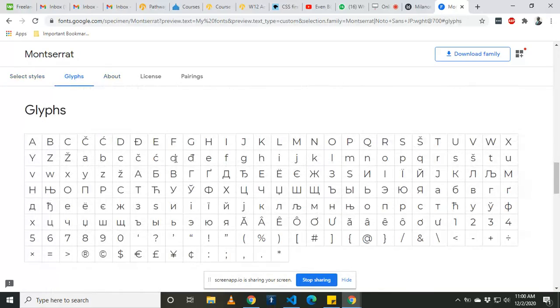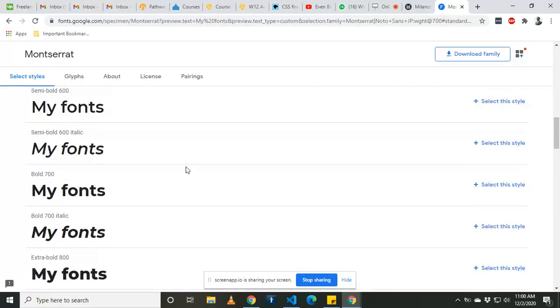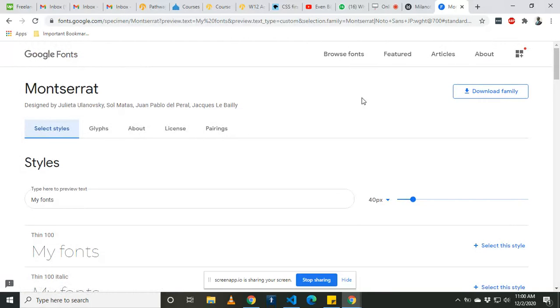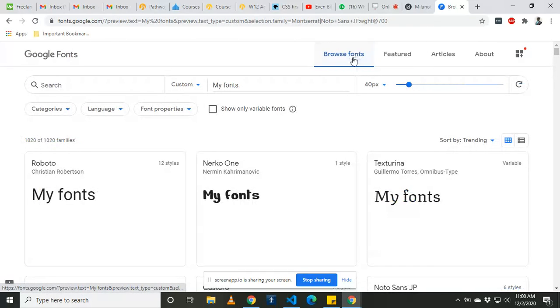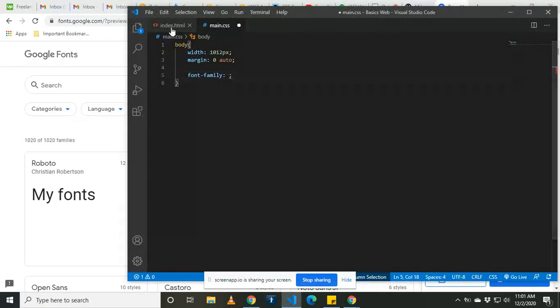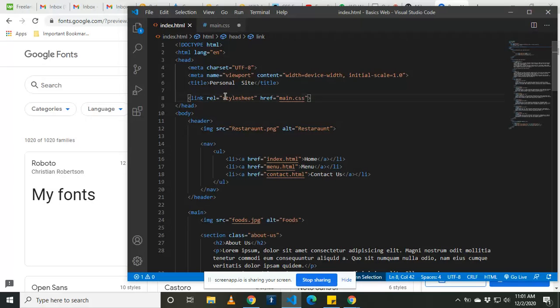Okay, you can also come down here and just check all this. So you can get as many fonts, you can change the font size, all those things, and you can just go through all this. You can browse more if you want. There are so many options, and then you can view whatever you have selected up here. Okay, so I have these two, and you can see they're already here. So if I copy this link and just link it here in HTML at the head of my HTML file,